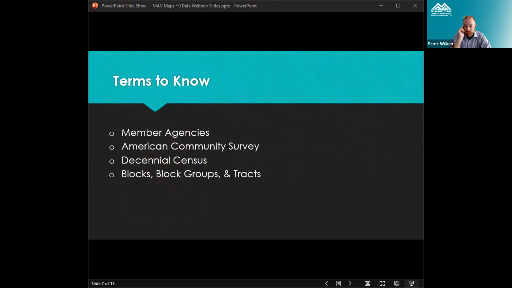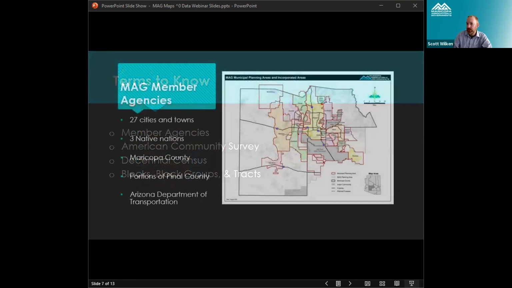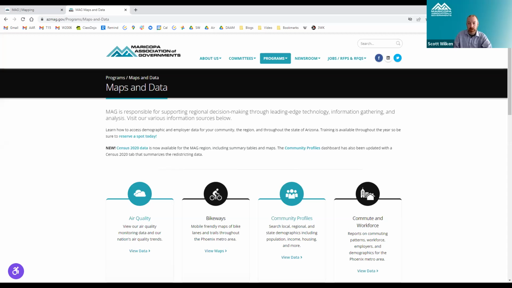Okay, I think we've had a good 10-minute break, and now my clock says 10 o'clock. Let's go ahead and get started with our next module. And we're going to start at data.azmag.gov, which is somewhere on my screen. There, now you should be seeing